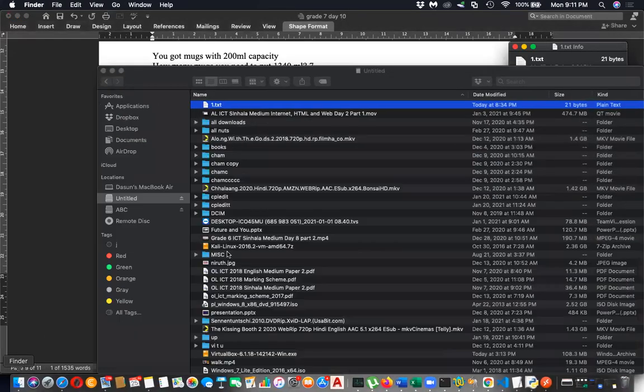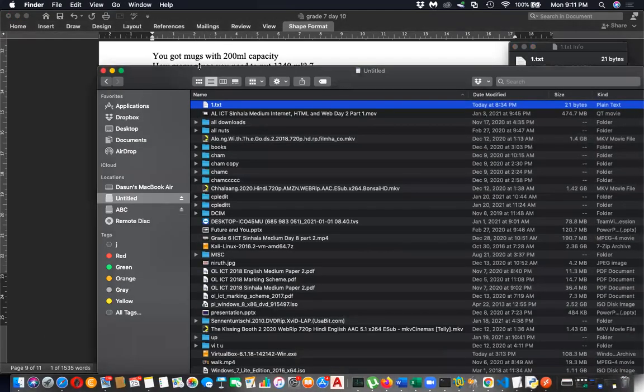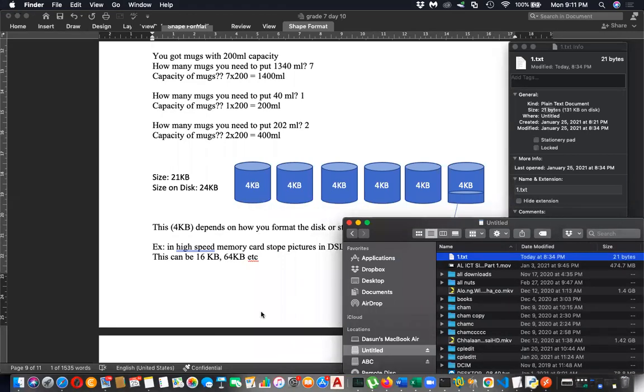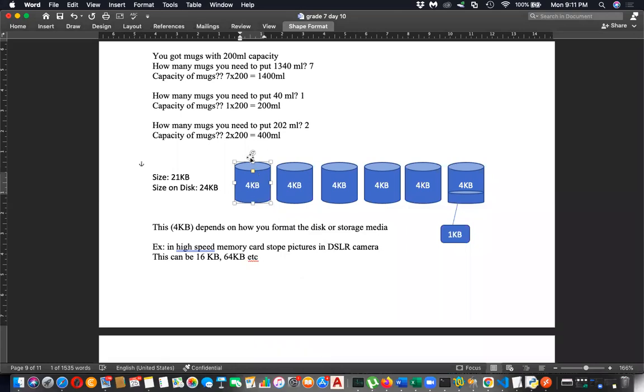That's what happened in this memory. The cluster size is large. It is a large bucket, but in my hard disk it's a beaker. In my memory card, it's a large bucket. That's the difference. No need to think much about that, but that is a technical thing.